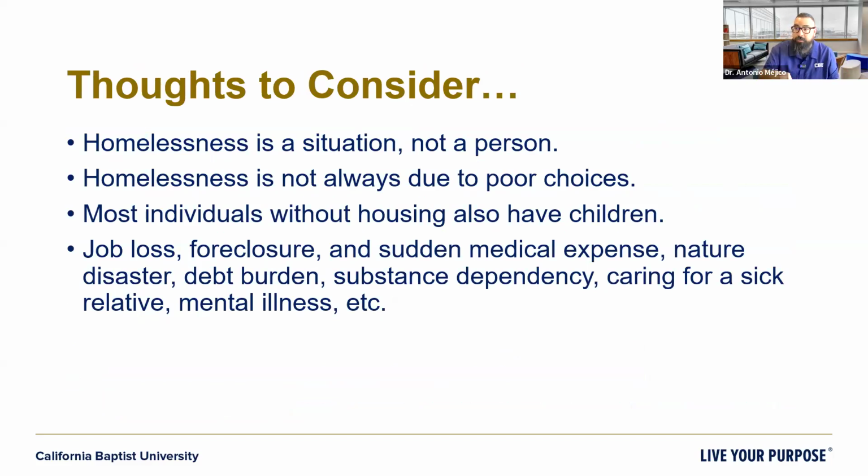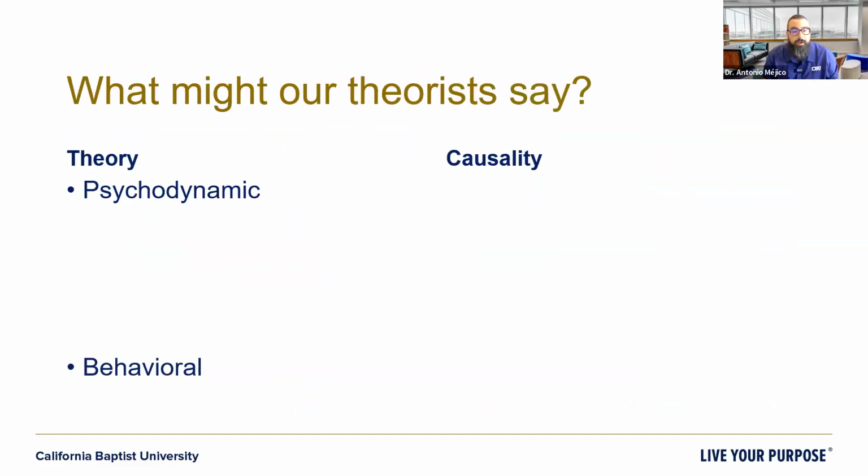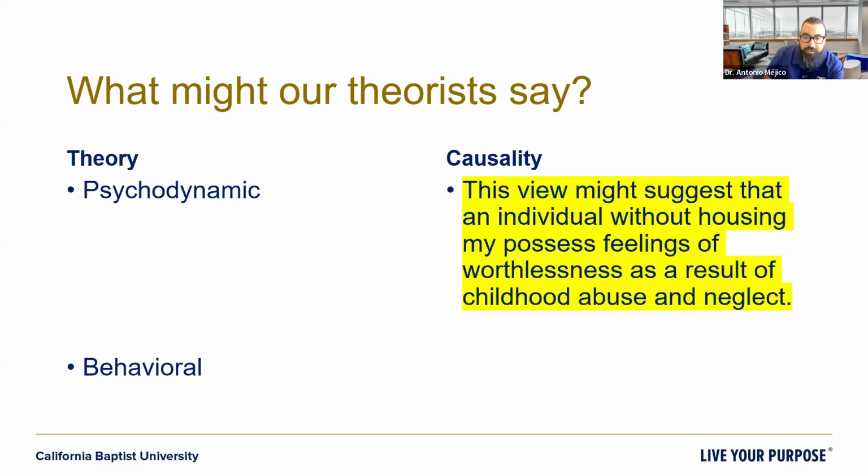So while we're judging individuals based off of the choices they made, we forget that we're also judging, right, or failing to reach out to help the children who are also impacted by this situation. So anything like a job loss, foreclosure, medical expense, right, all of those things can lead to an ocean of homelessness, okay? All right. Finally, I'm going to leave us with just a couple of things. We're not going to go through all the theorists again, but I want to examine what a couple of theorists would say, right, about what might cause, right, homelessness, right, based off of their theoretical orientation.